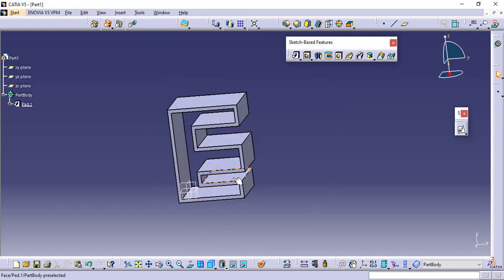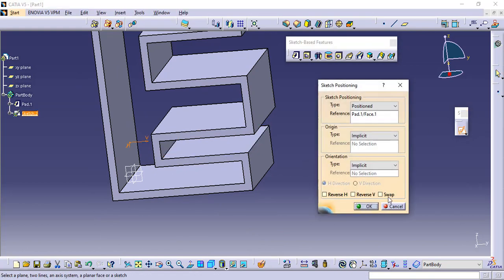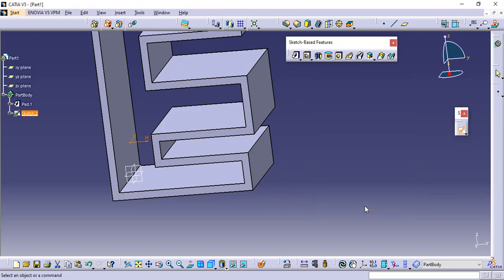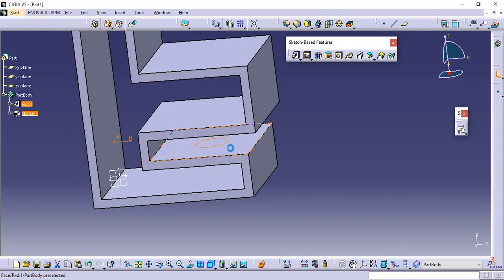Now we will explore some more options in this command. I will make a sketch on this surface. At this point we only know to make a sketch on any of the 3 planes, but we can make a sketch on any surface. Like on this surface I want to make a sketch. I will select this surface, position sketch, swap the orientation of your axis. I will create a sketch on this. You can give the dimension from this side or from your axis or your datum. Exit. Now the sketch is on this surface.